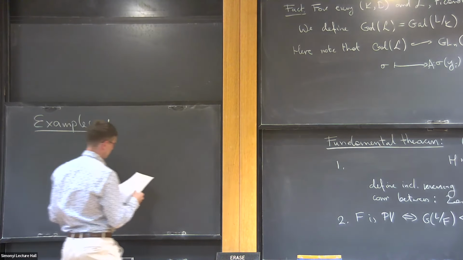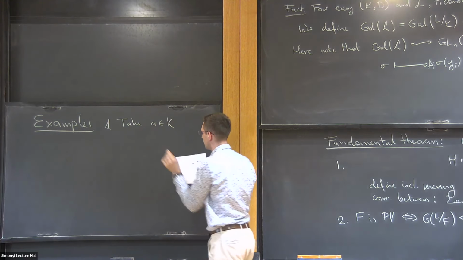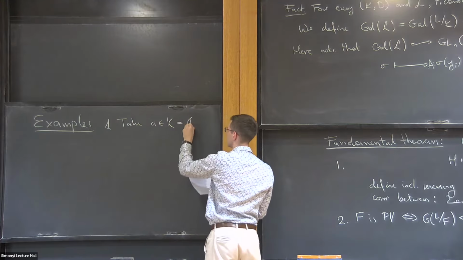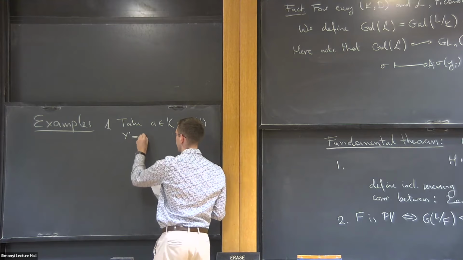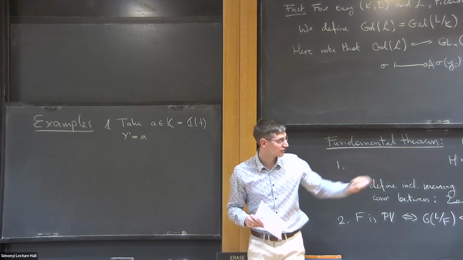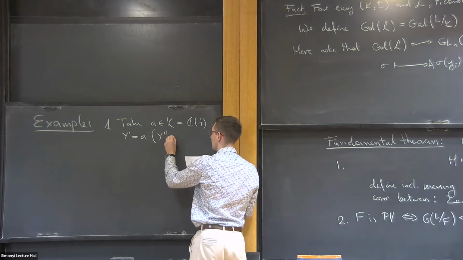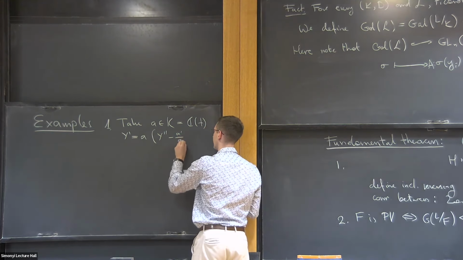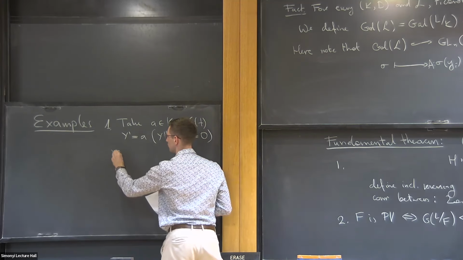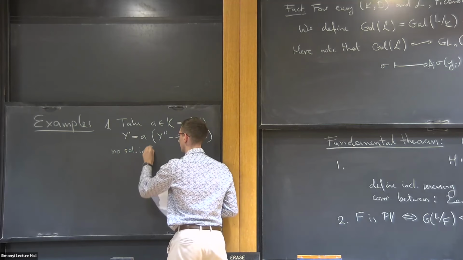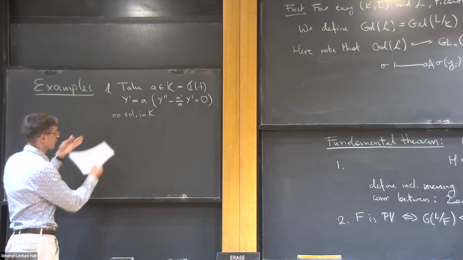So first, take an element a of our field. You can think it's rational, you can think these are functions of the complex numbers. And then take the equation y prime equals a. So this is not exactly an equation of that form, but we can differentiate again. We can look at the equation y'' minus (a'/a) y' equals 0, and assume it has no solutions in K. So then the solution is a formal integral.